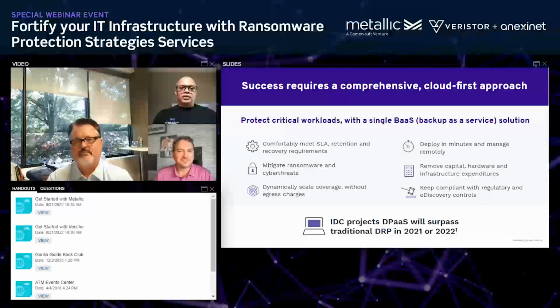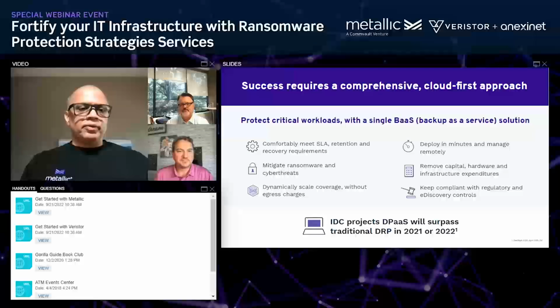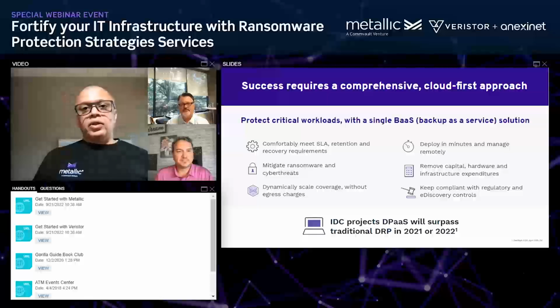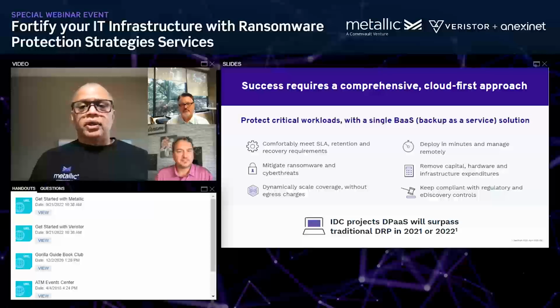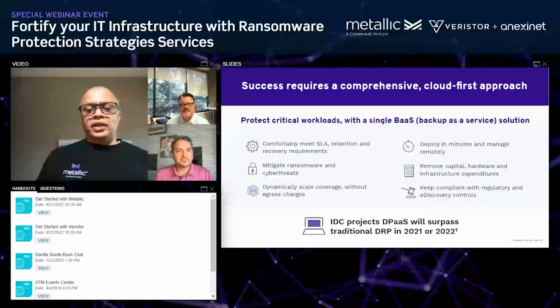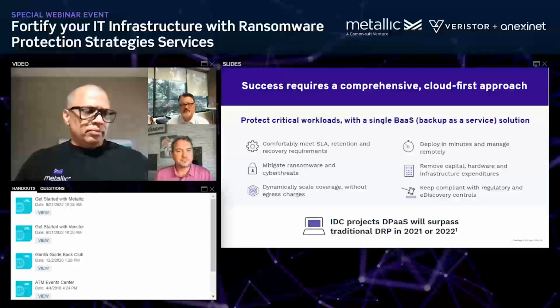You're 100% correct, Ferrol. Yeah, the whole premise behind Metallic is a hybrid approach. We understand our customers are going to continue to live in a hybrid world. There are certain regulatory requirements. There are other requirements. Customers have internal processes that dictate that they cannot have data in the cloud, and there are all kinds of other reasons. There are oil rigs, right? Oil rigs are not going to function from a cloud, right? So as an example,